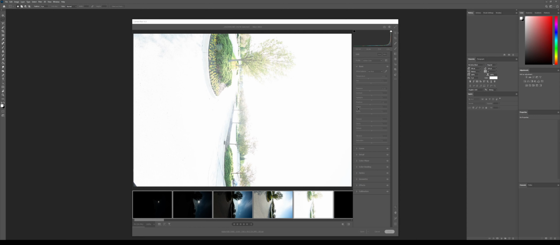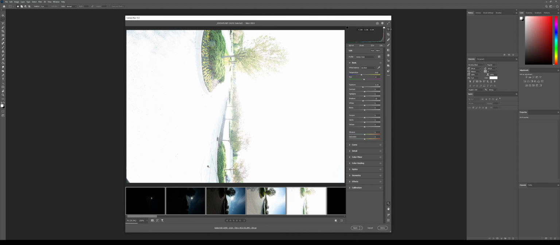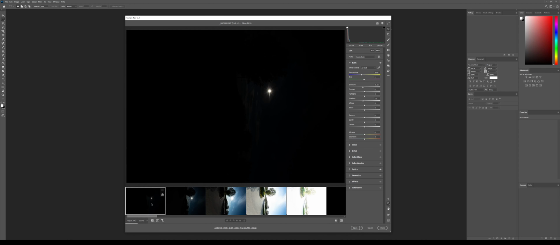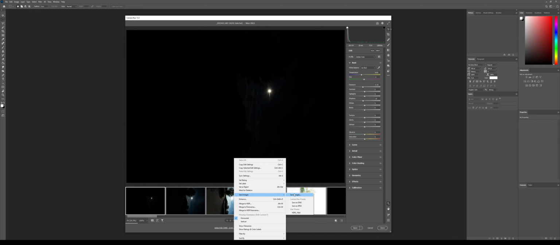You start doing too much of this, and all of a sudden, when you combine the HDRI together, you're going to get all kinds of weird banding. Things just start getting bizarre. So now that I have this done, I'm just going to export out the 16-bit TIFF, so that I can load it all in PTGui and process it with all the dynamic range that I have here. So all I'm going to do is right-click, save images,